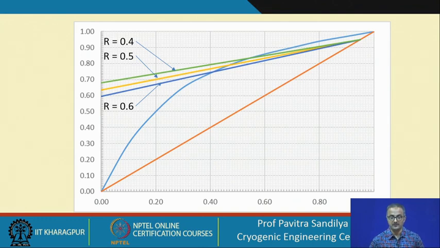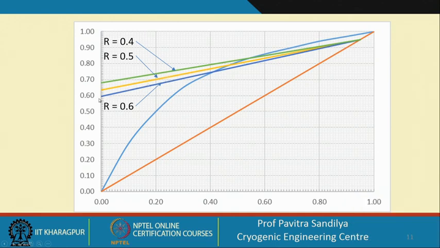Now here we find that for 3 different reflux ratios we have drawn these operating lines. What we find is, as we decrease the reflux ratio, the operating line keeps on moving up, and this can be easily seen because the intercept is xD by R plus 1, where if R is increasing, the xD by R plus 1 is decreasing. So by decreasing R, we are increasing the intercept, so that the operating line shifts upward.